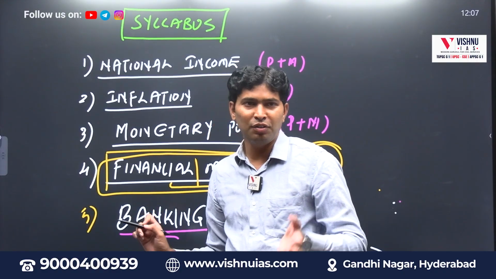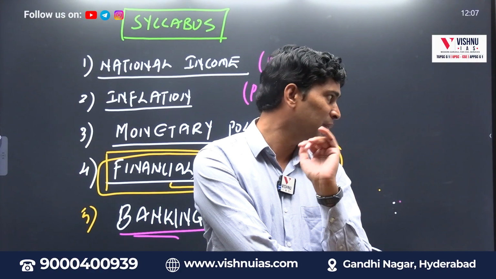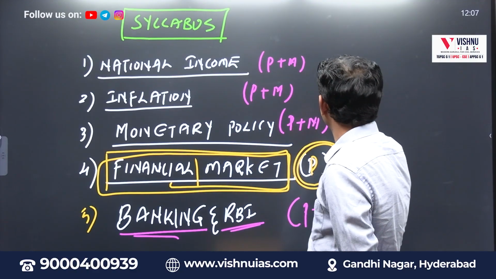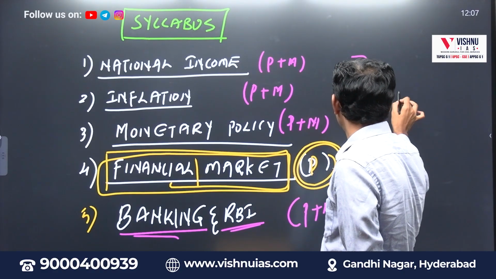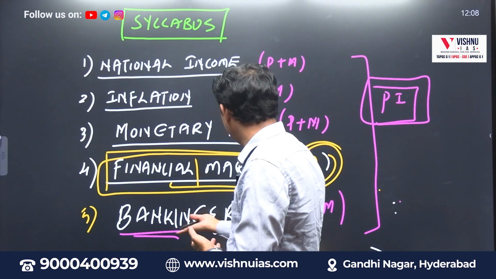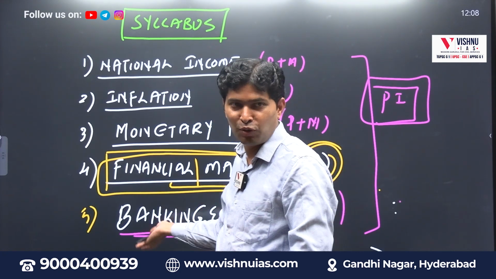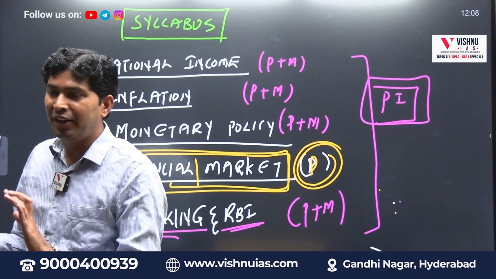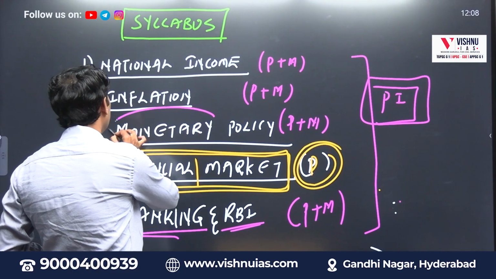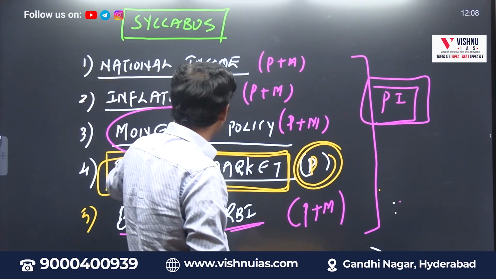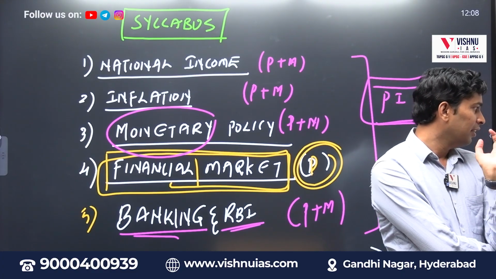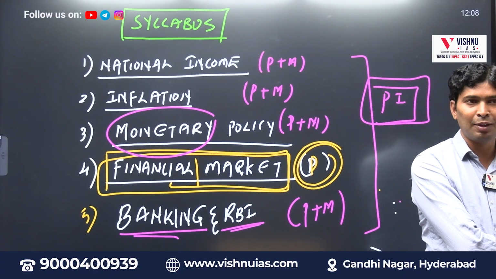I am only giving an essence of each chapter from the exam perspective, for prelims and mains purposes, so that you get clarity. If you are thorough with all this, it will create pillar 1 for us, because it is the first pillar to understand the economy. Every day we are using PhonePe, Google Pay, all transfers. That's only banking. Every day we hear in the paper that some company shares increased, some decreased, and everybody is interested in earning money. Every day we are buying goods and services and being directly impacted. So this is pillar 1, which will help us in understanding pillar 2.